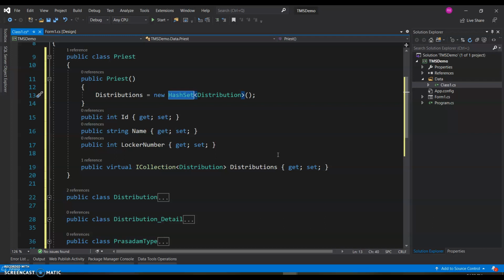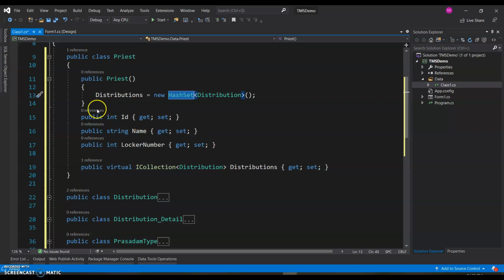Then you just want to ensure that you don't end up creating two distribution instances with similar values, and thereby create problems. Because in the database, remember, you can't have two instances of distribution with all the similar IDs and everything. So generally, as a safety feature, we just go with hash set. That will prevent you from having two instances of this distribution.